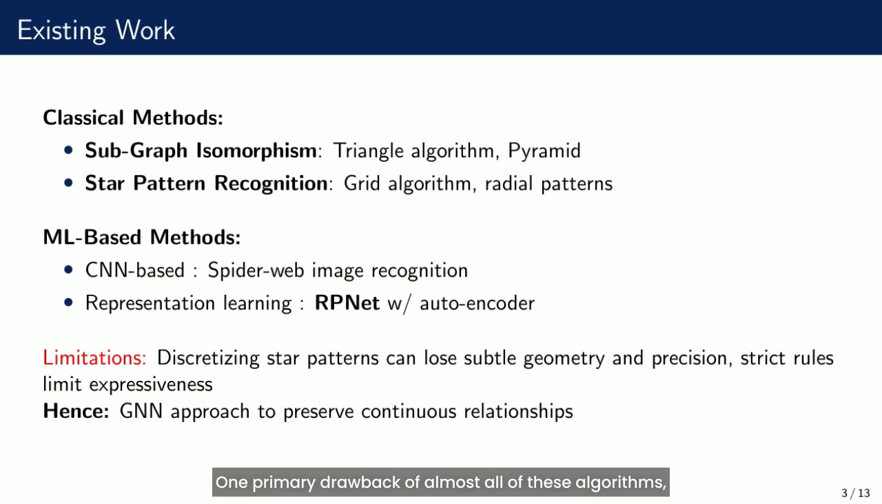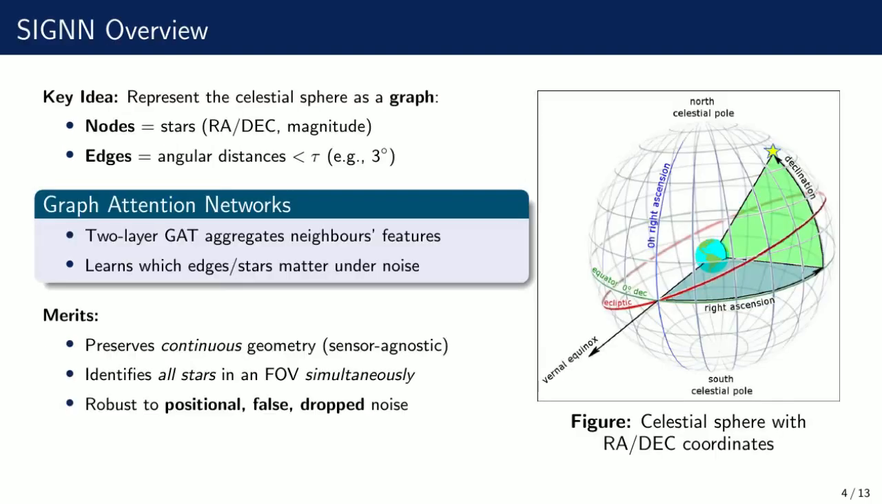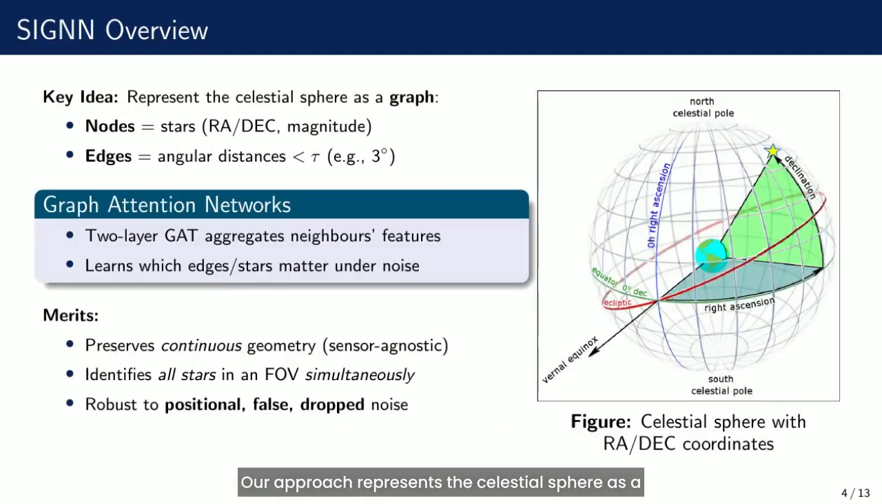One primary drawback of almost all of these algorithms, both machine learning and classical, stems from the initial rules and structure imposed to create the pattern and make it usable in the algorithm. Discretization is one such rule that's overwhelmingly common, but these rules lose subtle geometry and precision that affect the identification step. Our approach represents the celestial sphere as a graph in order to leverage graph neural networks to learn patterns